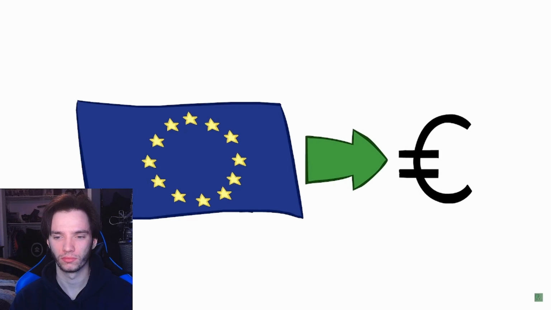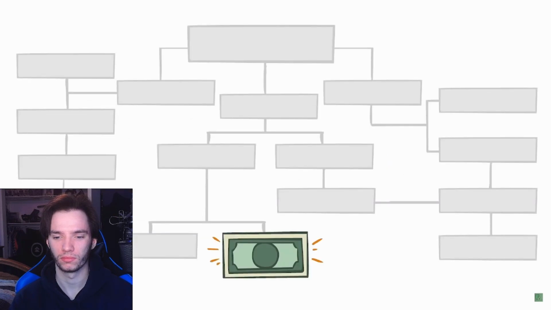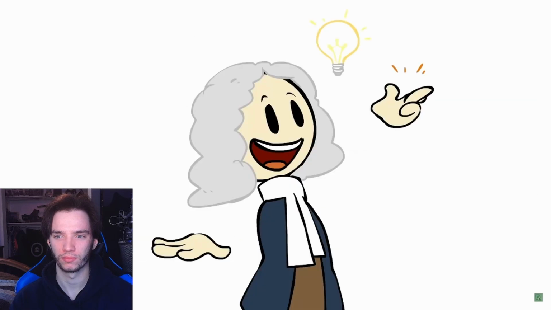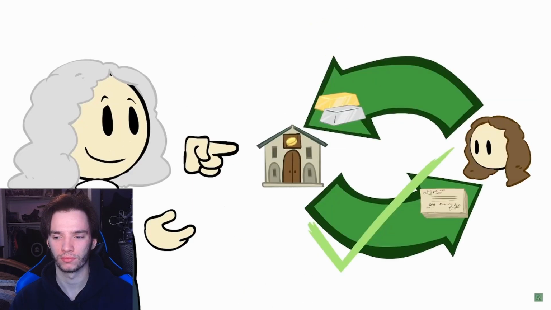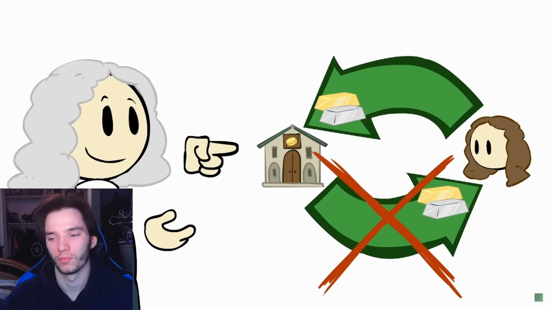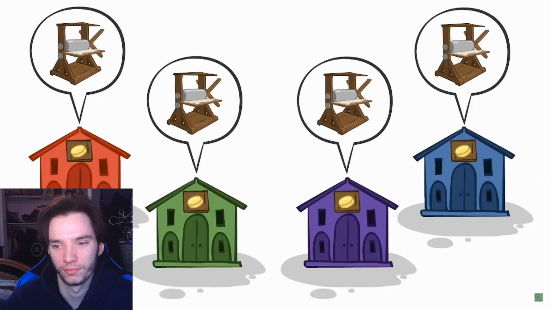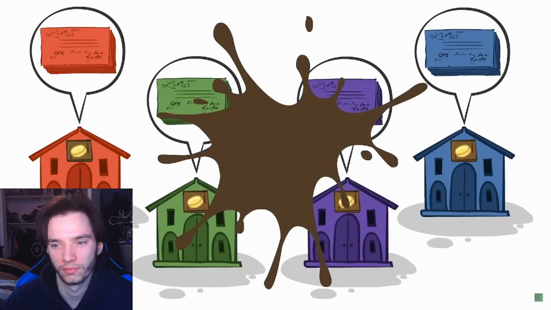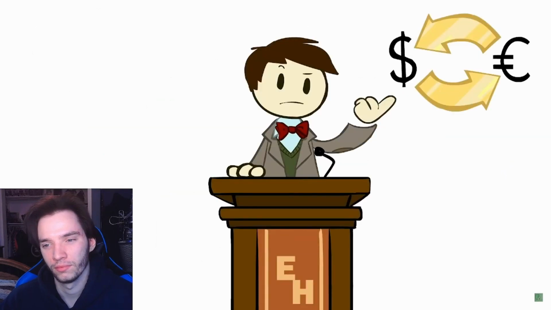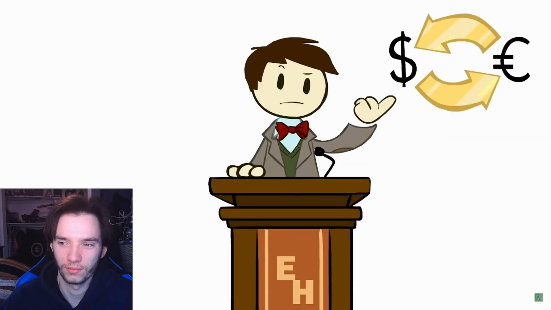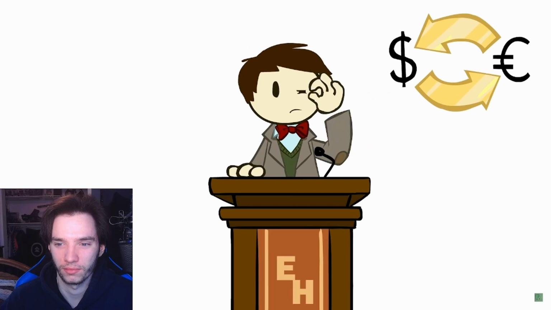But you have to remember that paper money didn't enter the world as part of some top-down system. Instead, it basically started with a bunch of bankers realizing that they could give people receipts for gold and silver instead of actually giving customers their gold and silver back. Which means that one by one, every bank basically started printing their own banknotes. And that is a mess to deal with. I mean, if you've ever had to go overseas and deal with exchanging money, you've gotten just a tiny fraction of an idea of what a hassle this would have been.